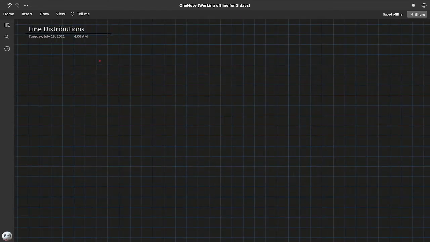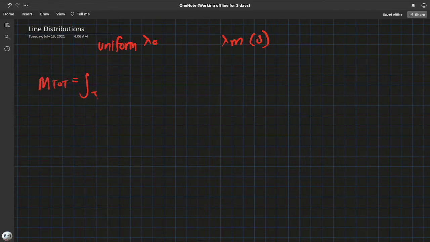Okay, so like we talked about surface area density sigma naught, we have linear mass densities now to talk about. Say sigma naught, which will be uniform if it's uniform, and for these kinds of questions it will be uniform. Otherwise, just denote it as sigma sub m on some variable. And what we're going to do, total mass of the system, again set the volume integral equal to the line integral. So the volume integral of the volume density, which is a scalar field, is equal to the line integral